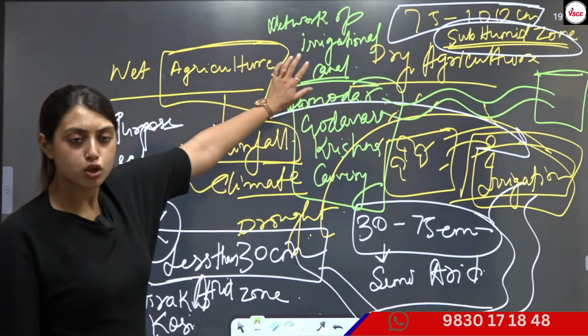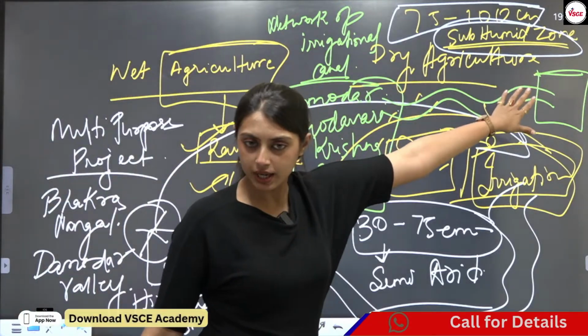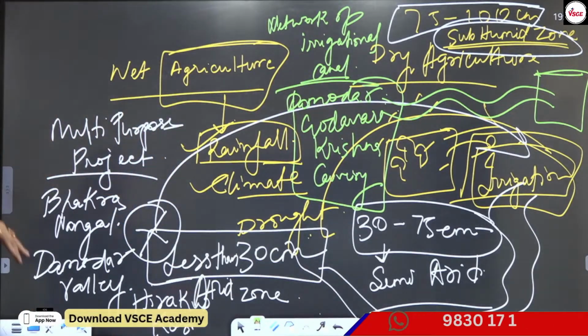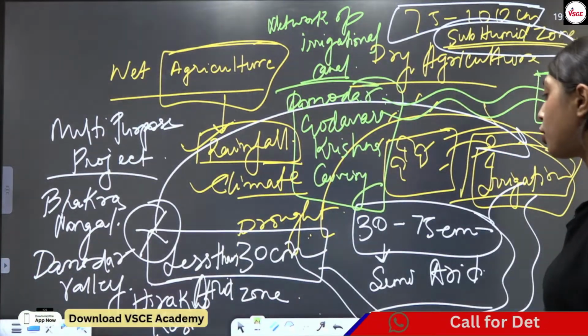তাহলে এগুলো আমার কি হয়ে গেল? সোর্স হয়ে গেল, ইরিগেশনের সোর্স হয়ে গেল। এখান থেকে জলটা আমি নিয়ে যাচ্ছি এইখানে। So this is actually my source of irrigation or the network of irrigational canal. Ready? Everybody is clear about these things?